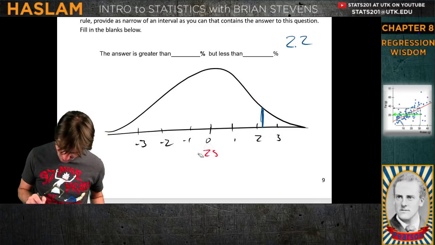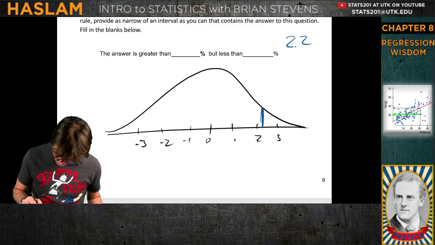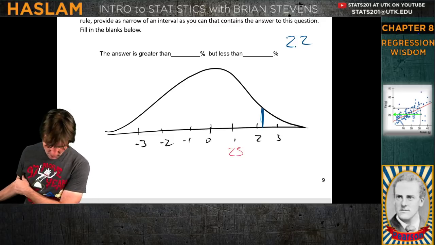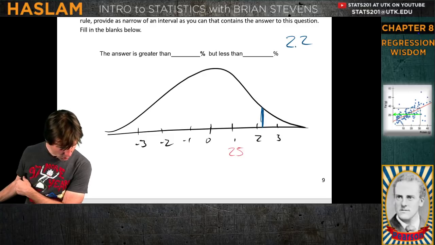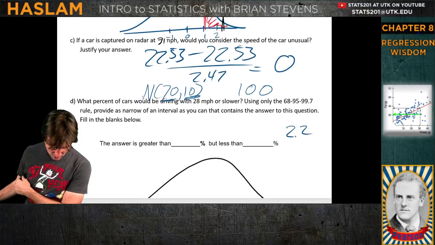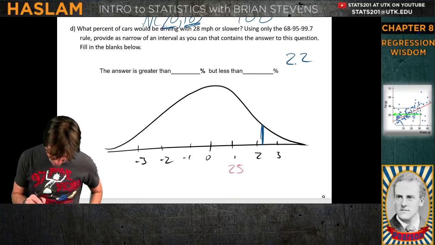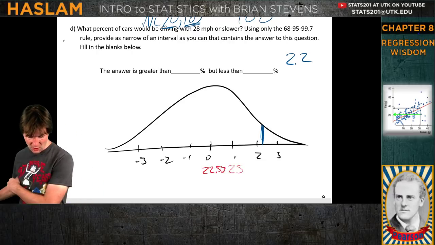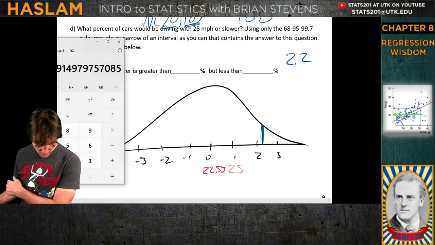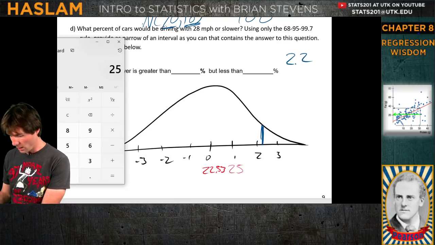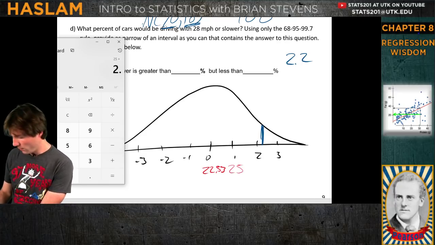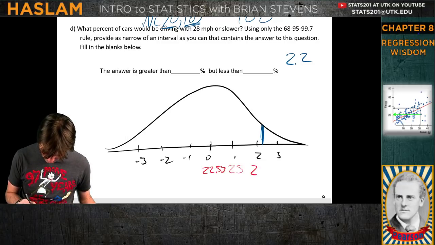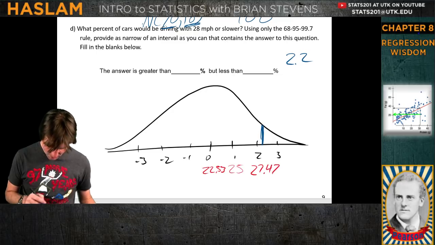Why do these have to be decimals? This is 25. And the mean of the curve is 22.53. So 22.53. And then that is 25, gotta love decimals. And 25 plus 2.47. And I think we're getting some good answers right here. I'll double check. 27.47. So a lot of decimals.